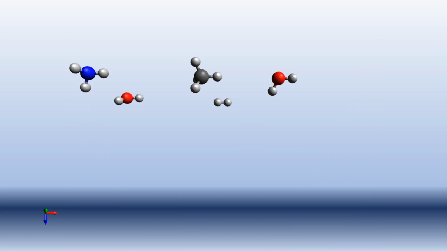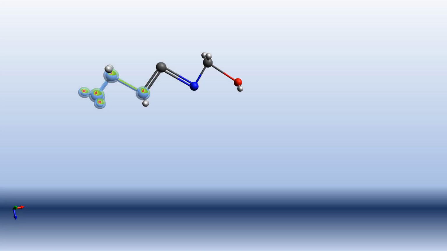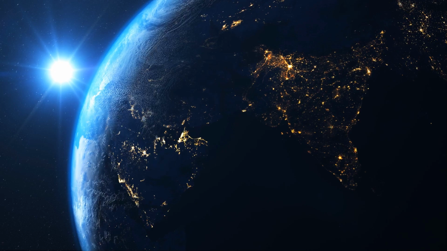But you may ask, how were the first biopolymers formed? The answer is not very precise. Different scientists have made different hypotheses about its formation. But we do have a general estimation.